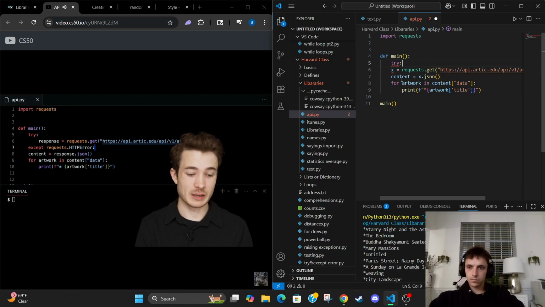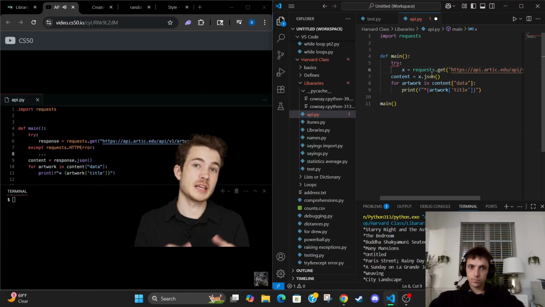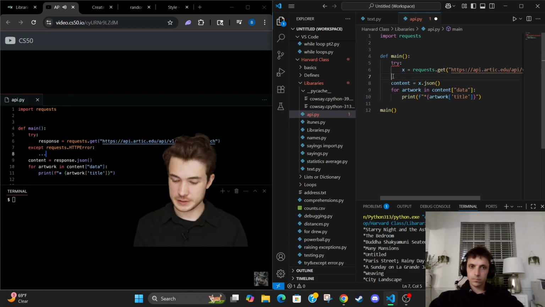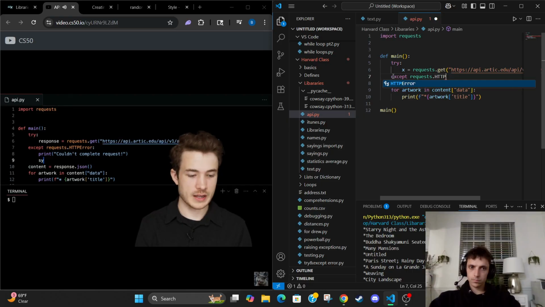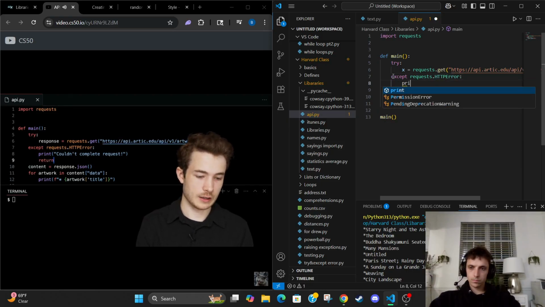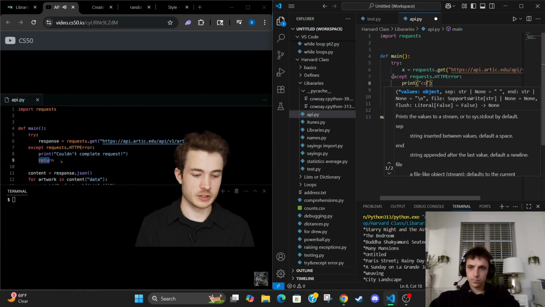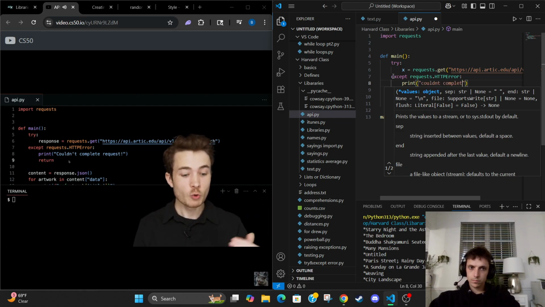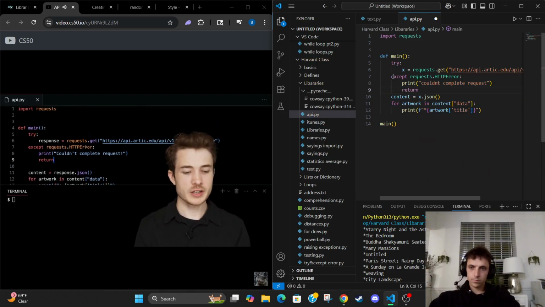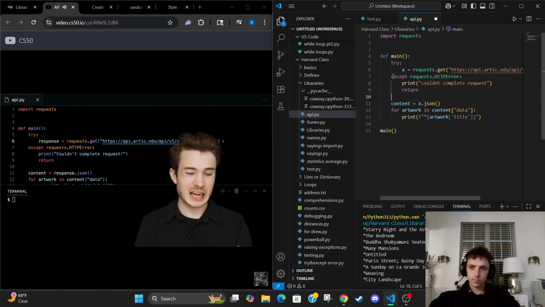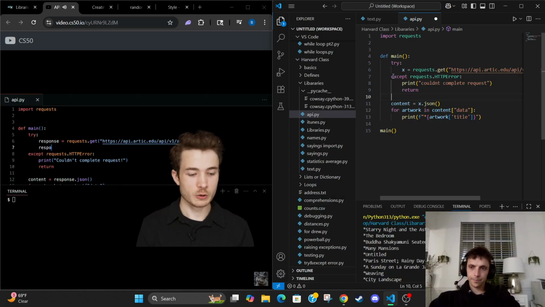requests.HTTPError, meaning there was an error with our HTTP request, a request we sent over the internet. If that's the case, why don't we just tell the user, I'll say maybe something like print couldn't complete request, just like this, and I'll go ahead and exit the program initially just by hitting return here. And this will say our program is done. We won't continue down below as well. What I want to make sure I do, though, is also this, and this is just per the documentation in the requests library. I want to make sure that I call